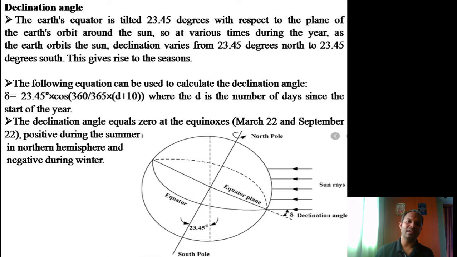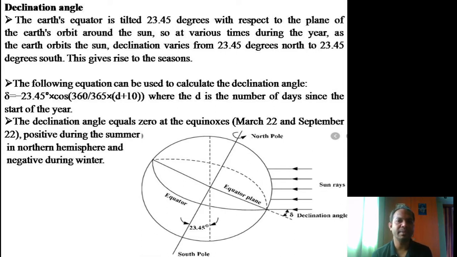Now this declination angle: the earth's equator is tilted 23.45 degrees, as you can see in the sketch. Next to the dotted line there is one perpendicular line, which we have tilted at an angle of 23.45 degrees with respect to the plane of Earth's orbit. The dotted line tells us the Earth's orbit. Earth's orbit is the one along which the Earth rotates, something like our CG, the orbit along which it rotates around the sun.